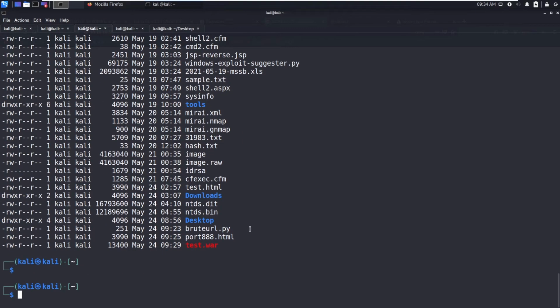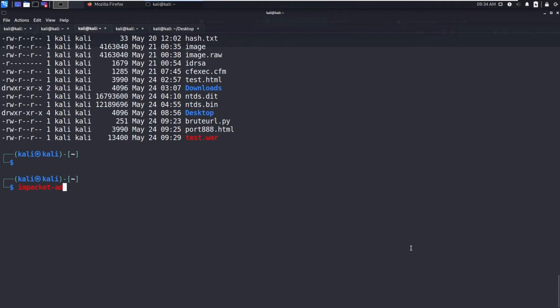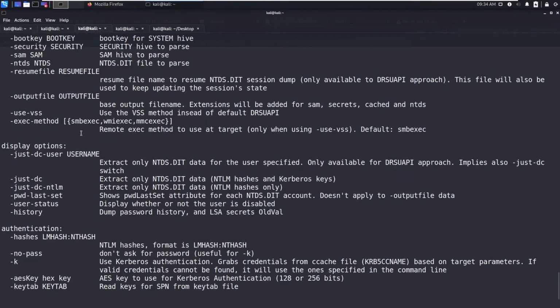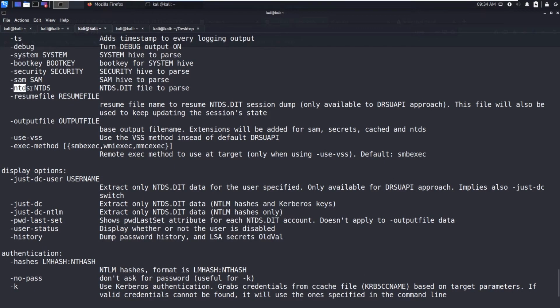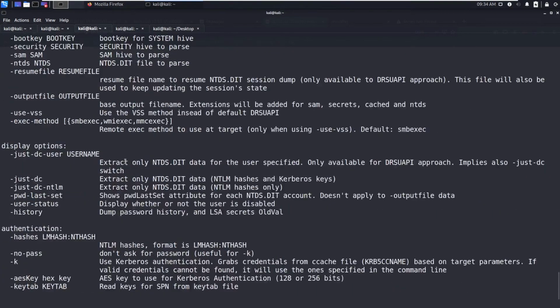Let's use Impacket. There is secretsdump.py, Impacket secretsdump, and you can say help. You need to specify the ntds file and the system. Here the system hive is our binary file.